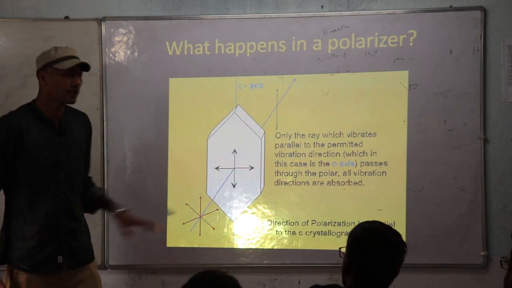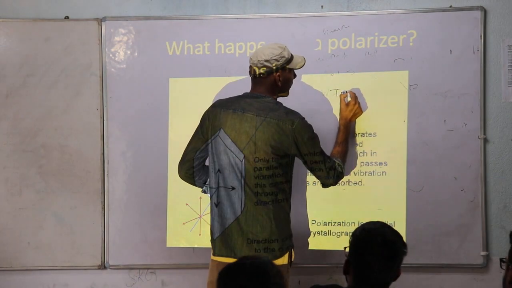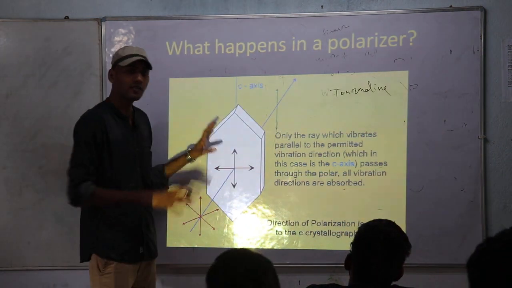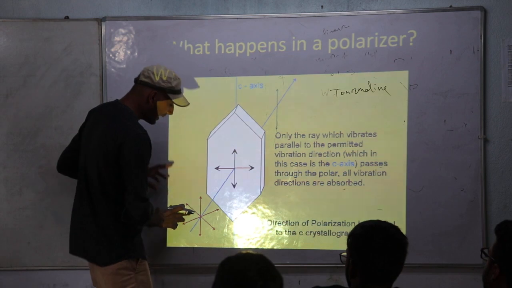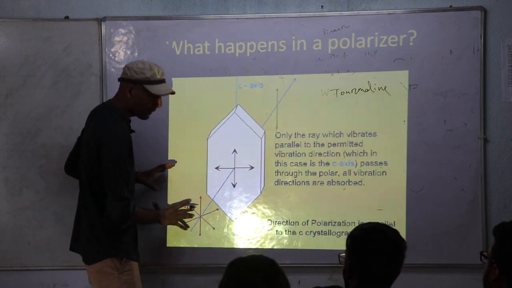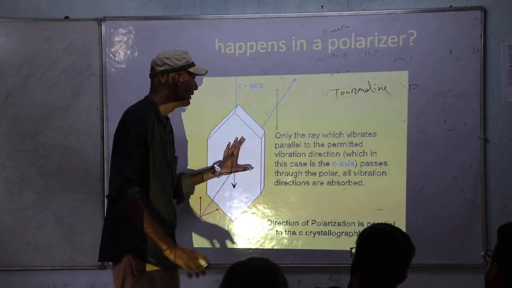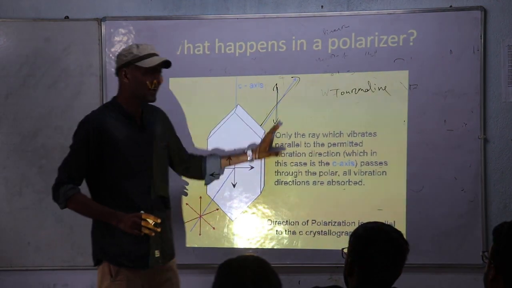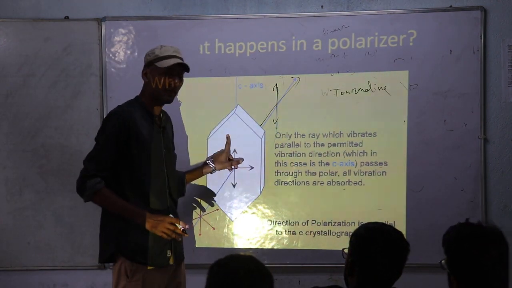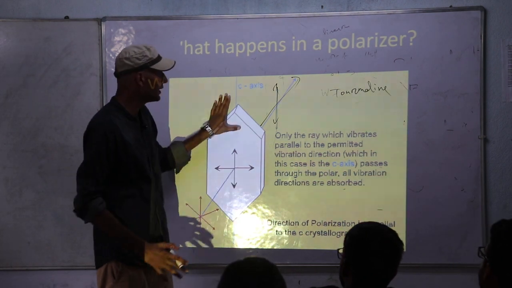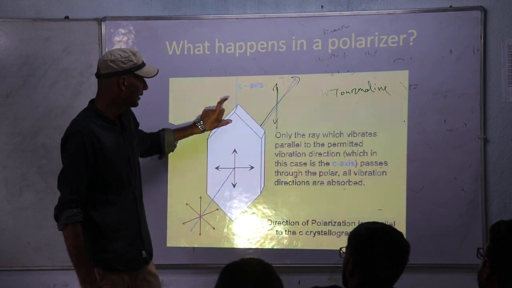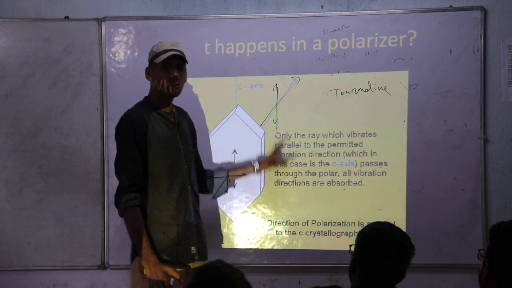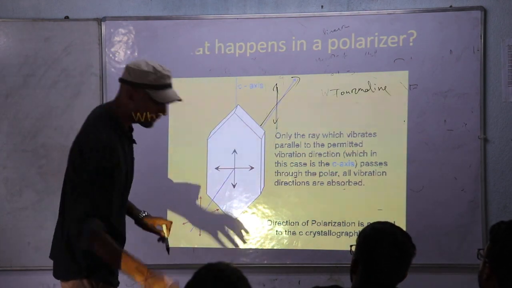You can see here the example of tourmaline crystal. So every mineral is having its own vibration direction. Whenever the light ray which is unpolarized, that means you can see here it is vibrating in many directions, enters the tourmaline crystal and removes from the tourmaline crystal, its vibration is in a single direction, and that vibration direction is defined by the vibration direction of the tourmaline crystal, which is parallel to the c-axis. For tourmaline crystal, the vibration direction is parallel to the c-axis, so it allows the ray only to vibrate in that direction. Okay, so that is polarization.